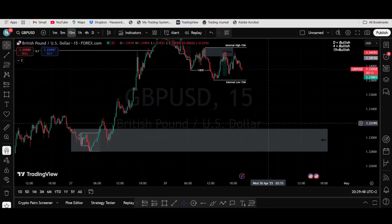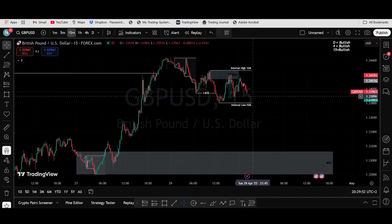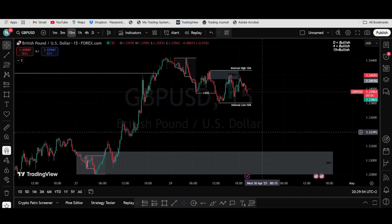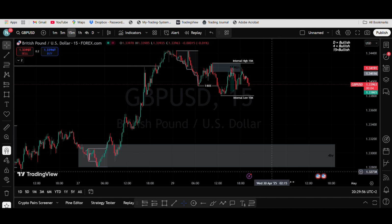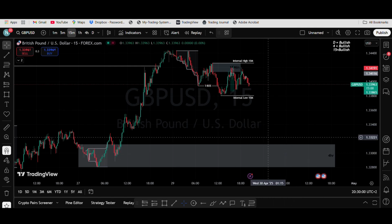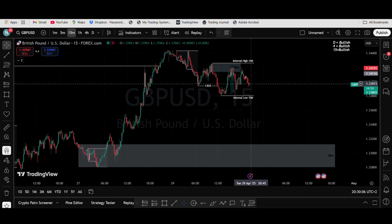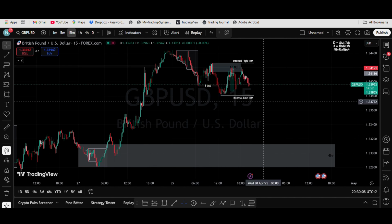But for now, I don't mind following this internal structure lower into this 4-hour zone, for example, because it's also not necessary for it to come back into here. It could turn from here, it could turn anywhere in here. This 4-hour is just a guide of where it's more likely to turn than anywhere else, but it doesn't mean this is 100% where it'll turn. So for now, we're just following the internal lower. Since it is a pullback,